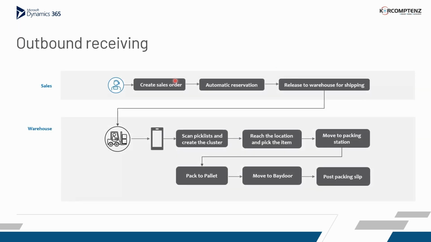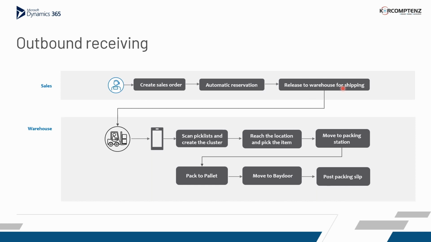So coming to the process, normally sales teams create the sales orders, and Dynamics can even help to make the manual reservation and as well automatic reservation. So automatic reservation, in a sense, as soon as the order gets created, on a first in first out basis, the order immediately will be allocated with the stocks, means it is reserved with the physical inventory. And then after reserving it,